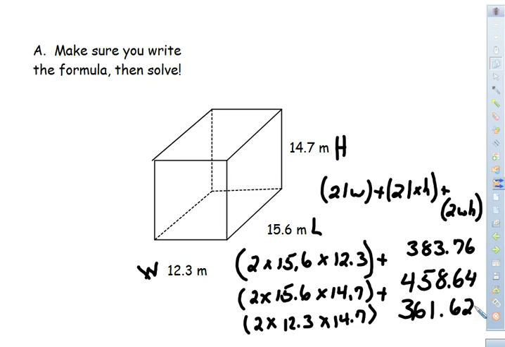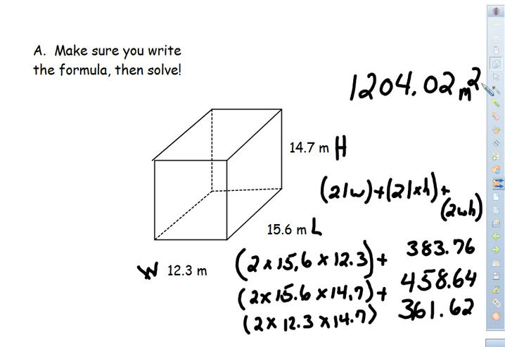So plus 361.62 plus 458.64 plus 383.76 equals, so we end up then with a total of 1,204 and 2/100ths. Now we are dealing with surface area, so it is meters and it is squared because of